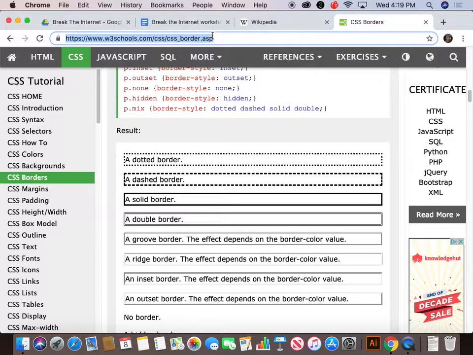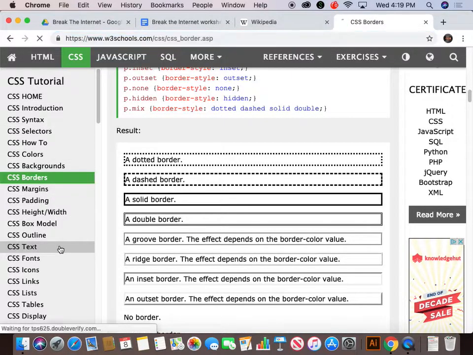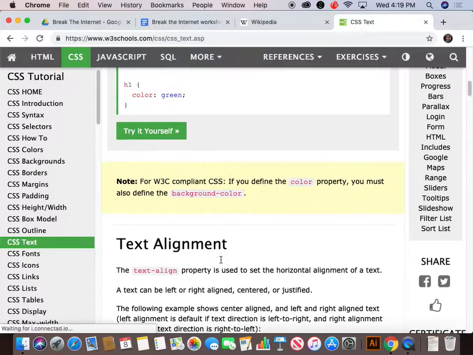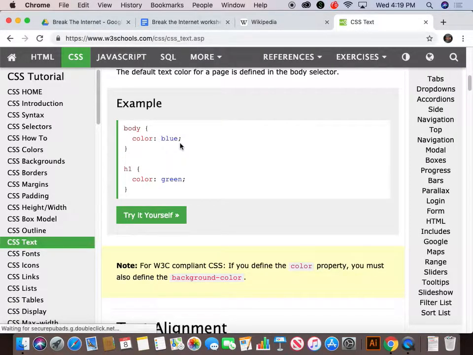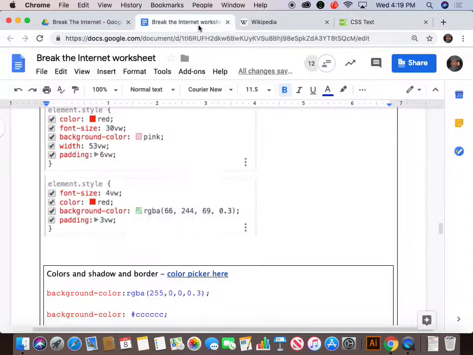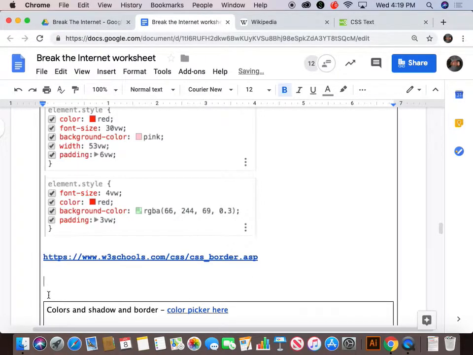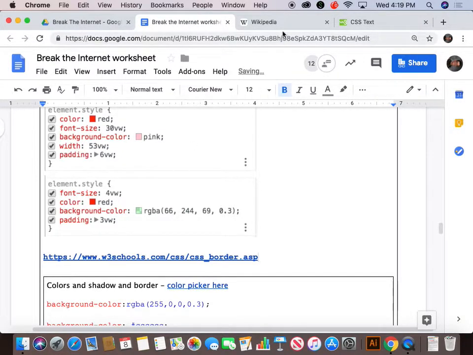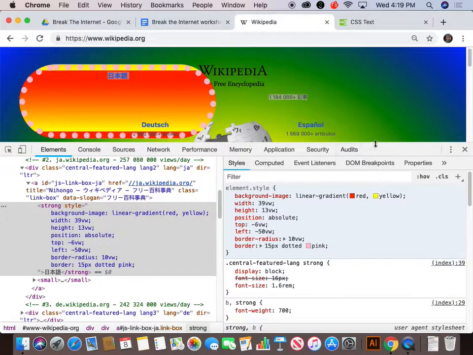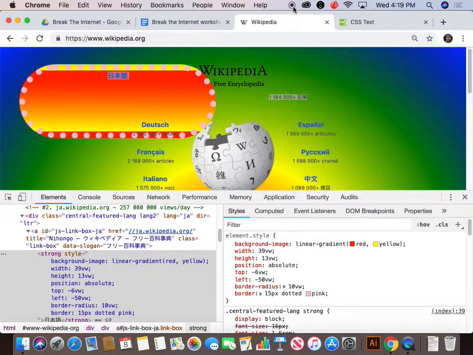So I'll link this, and for instance, here's CSS text formatting. You can find a bunch of information here, and you can copy and paste whatever you would need. So I'll put this link in your worksheet so that you have it. Okay, but that's where you can find all this information. All right, I'm going to slow down and stop the recording for now and see